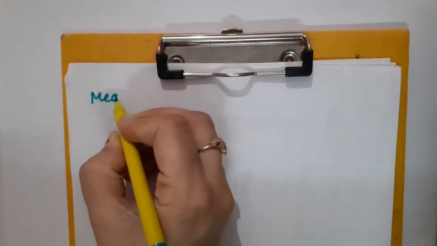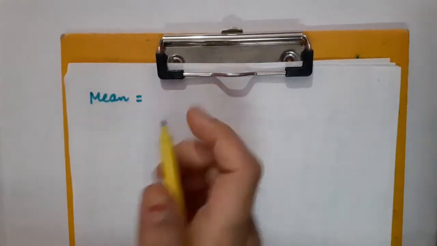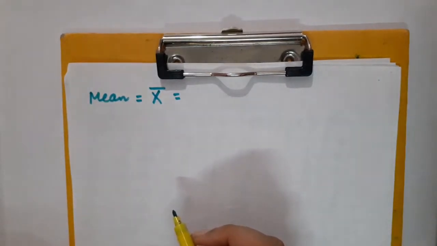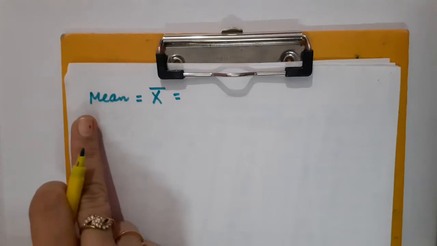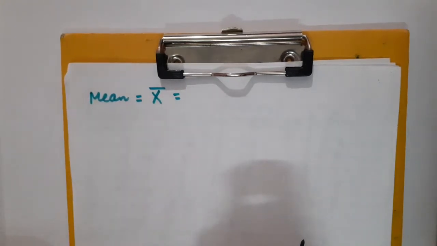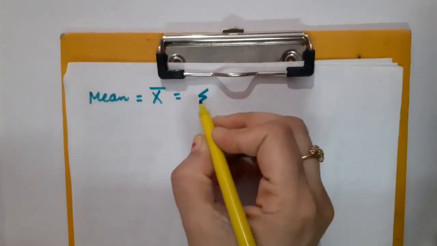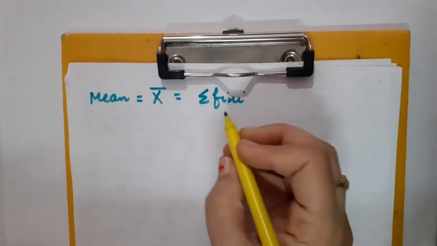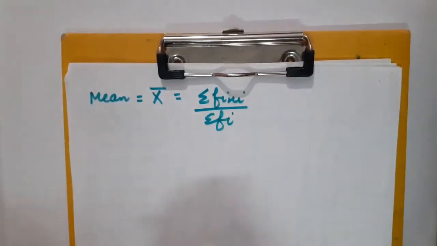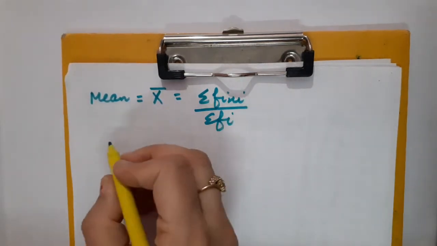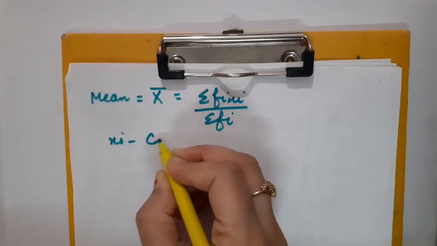First of all, I am going to make you recall the formula to calculate mean, which is written as x bar in case of grouped data only, and I am going to make you understand the direct method. What did we do in direct method? The formula is sigma fi xi upon sigma fi. Fi is nothing but the frequencies, means how many times a particular observation is going to occur. And xi is class mark.